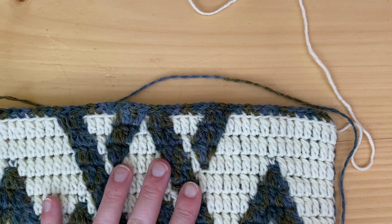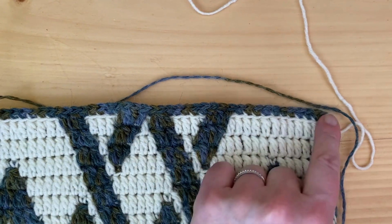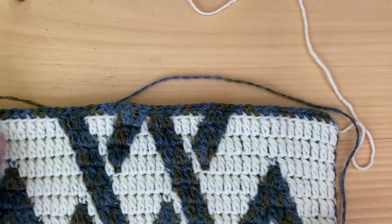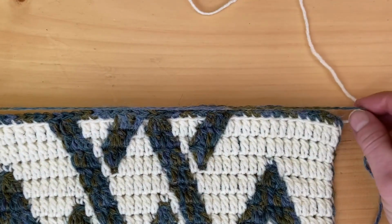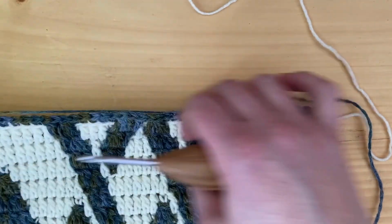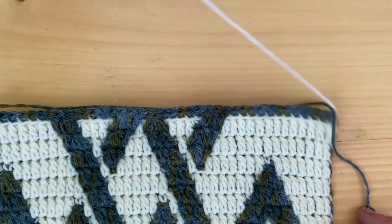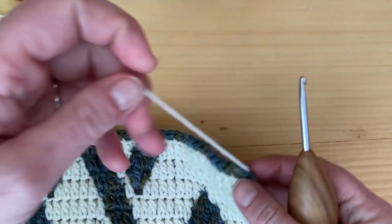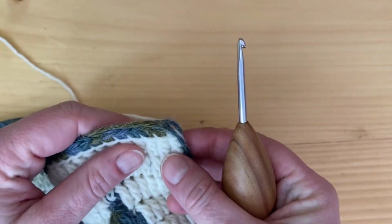So I've been working the pattern, but I wanted to show you how to start your stitches when you are doing this kind of method. So I've set this is the color, the blue-green I just did. So now I'm going to set that yarn across the top. And then I'm going to take the other color, the cream,